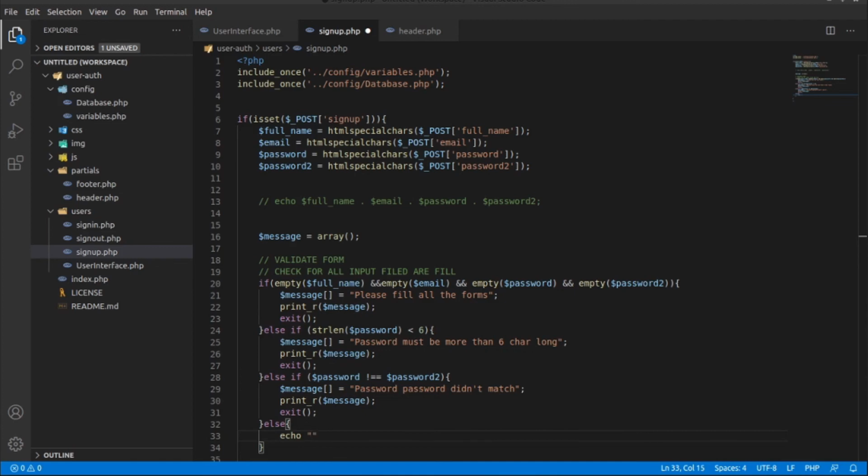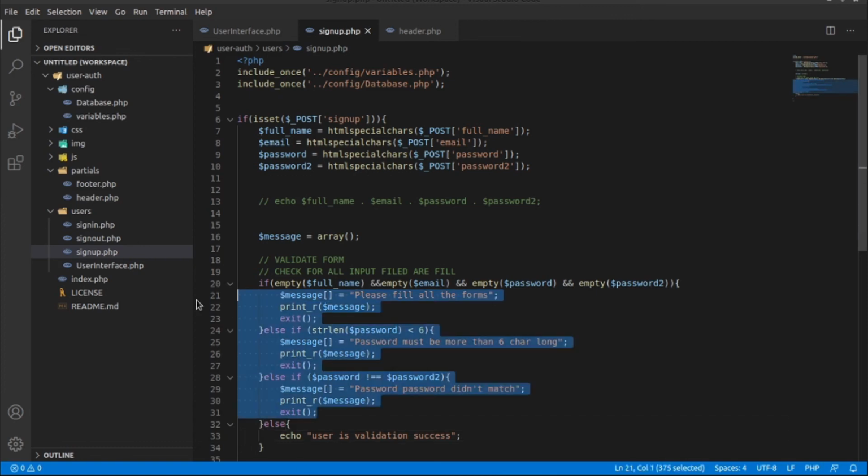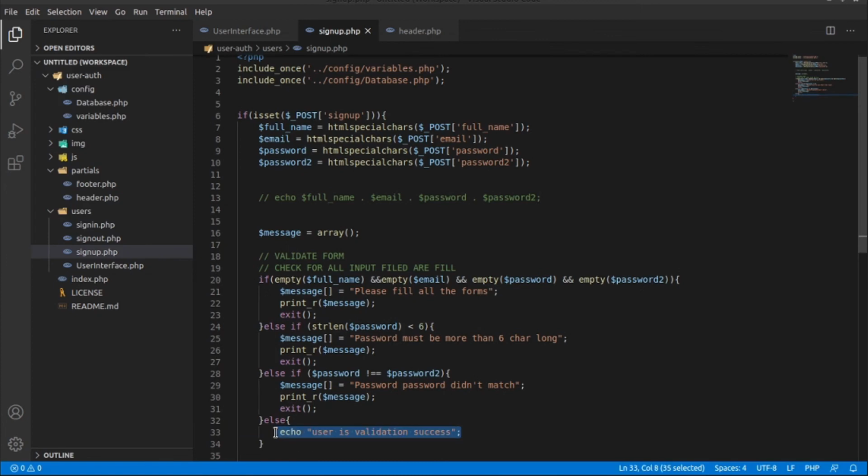Echo, it will say user validation success. That means someone passed all of the user validation and we are going to save that user to our database. We are going to do that later.